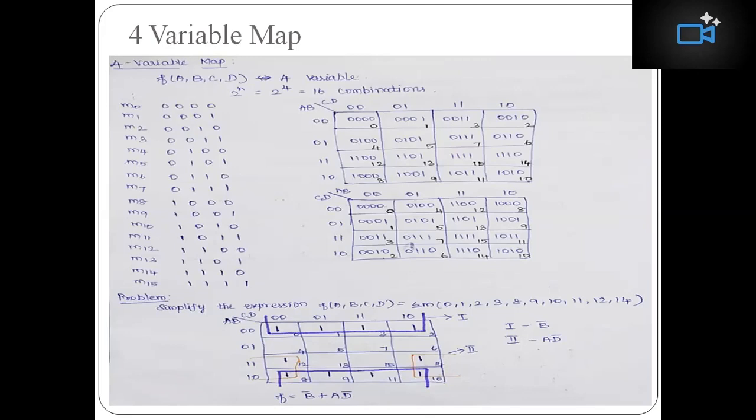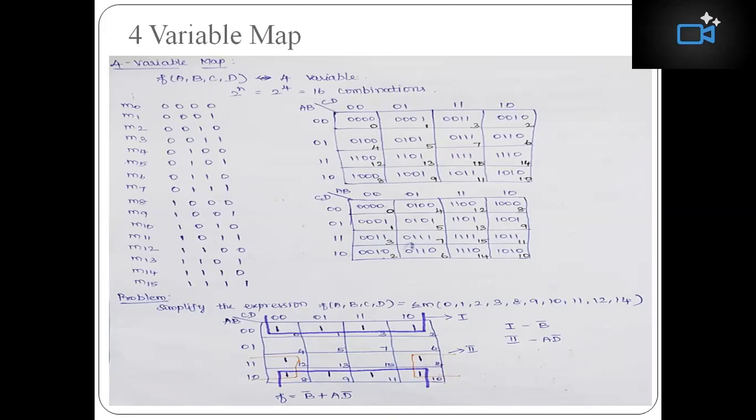Here, in the first row, first column, we have AB values as 0, 0 and CD values as 0, 0. That's why four 0 combinations are present in the first block. Likewise, do it for all the 16 blocks. Then write the decimal value for each and every binary number at the bottom right corner of the block. This is a 4 cross 4 combination.